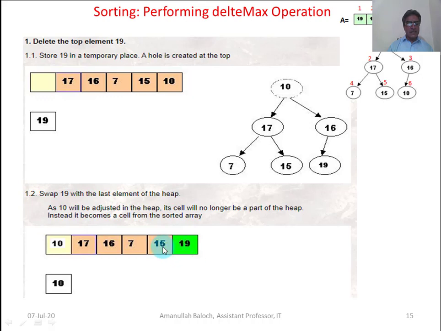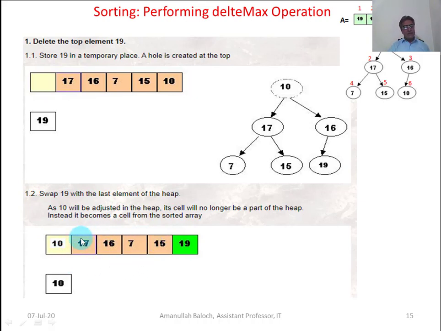At the last position is 19, at the first position it is 10. Green color is showing that it is a sorted array, only a single element but sorted.